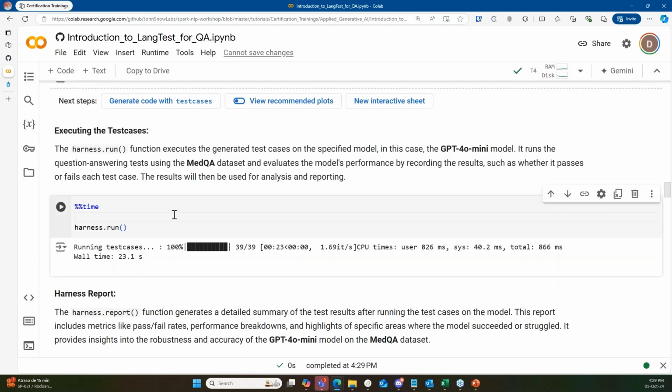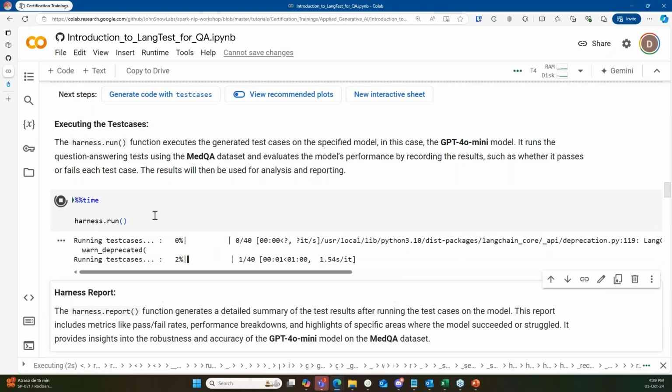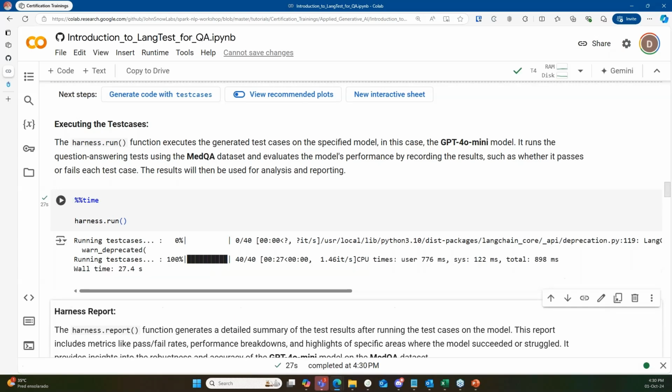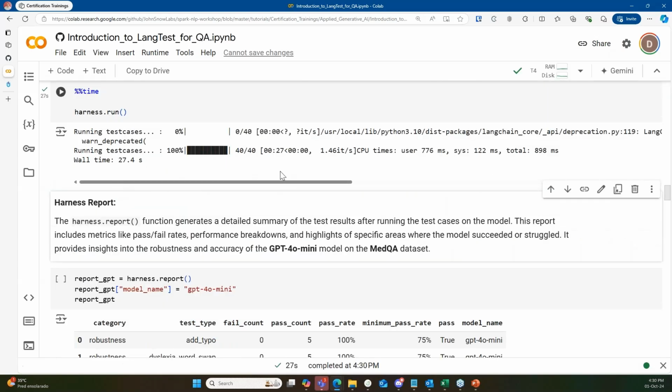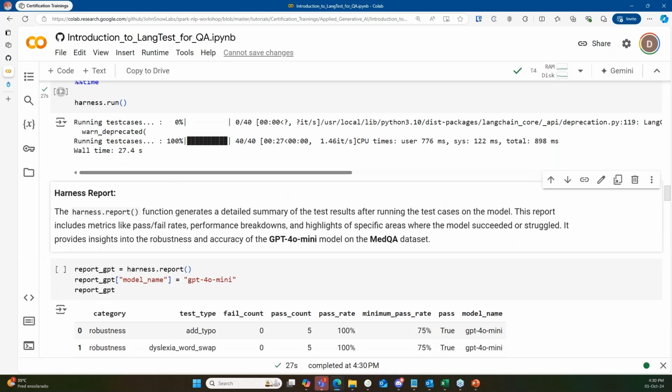Then all we have to do is to run. So what we have right now is a harness that will evaluate the OpenAI model. This one goes very fast because it's just API calls. So we make the calls to OpenAI, we get and parse the answers, we evaluate them with our evaluation metric, in this case using LLMs to evaluate, and then we create the outcomes. So basically this one can run very fast, like 27 seconds, running tests from 40 different